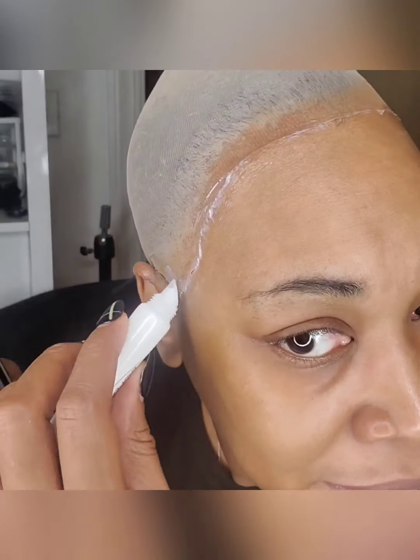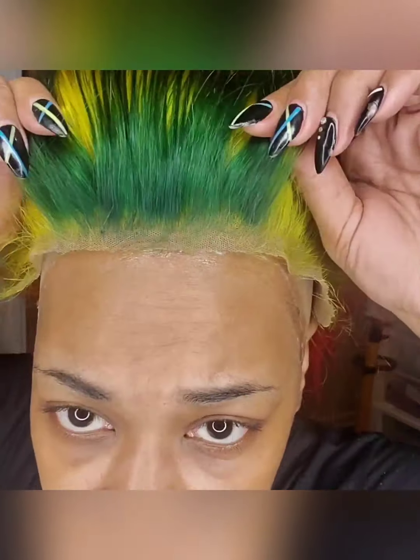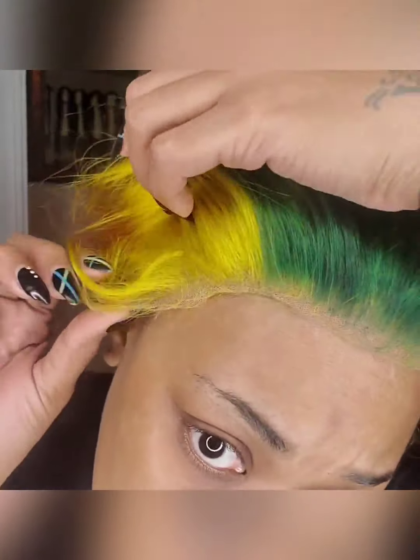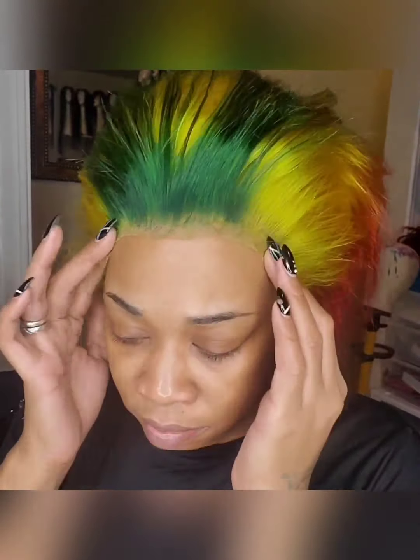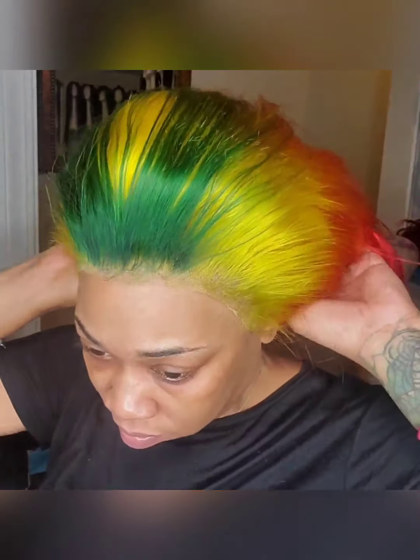But anyway, let's continue. We're gonna do thin layers of this Bold Hold Active. All right. And now we're gonna apply bashment. So as you can see, I didn't put it exactly where I put the glue. I put it over the glue. That's because I am going to put some more glue under those lift ups, and I'm gonna show you what